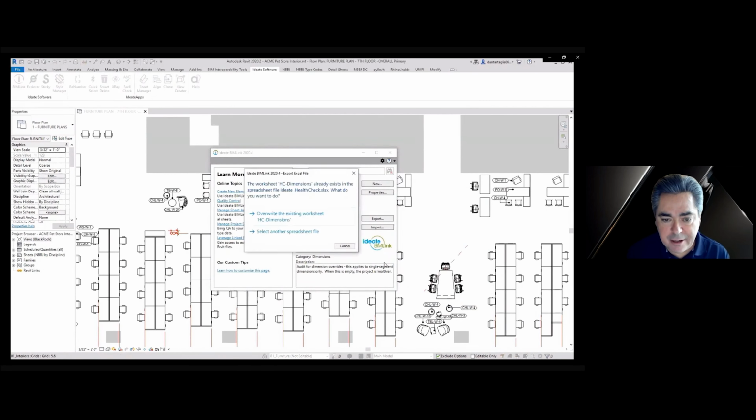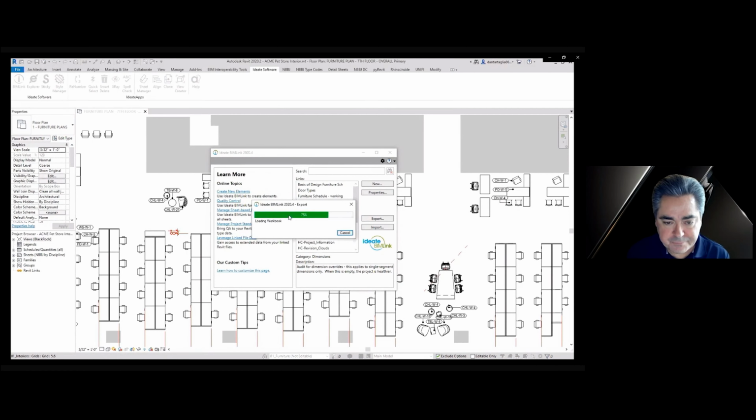So now it's going to grab the file information. Well, it's going to ask it to overwrite the Excel file first. Then it's going to extract the information from Revit and save it to that Excel file. Now, this is the manual process, as I said. I wouldn't necessarily do this for a lot of files because it takes a long time.